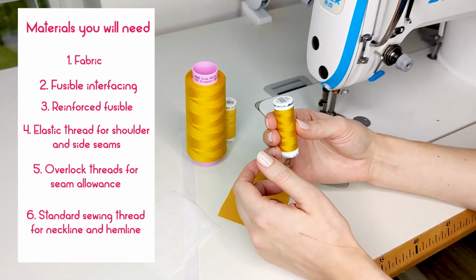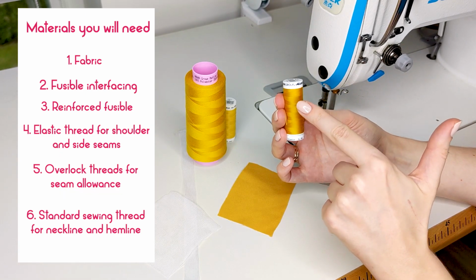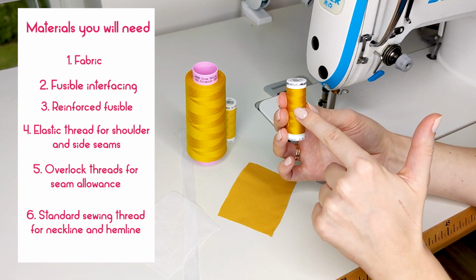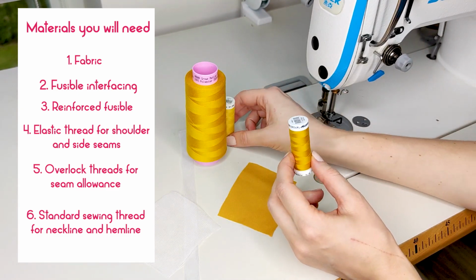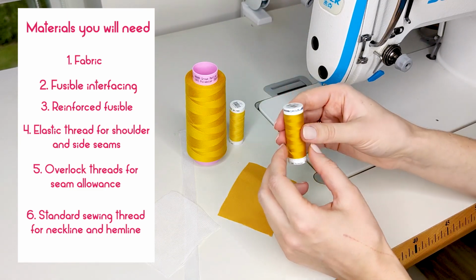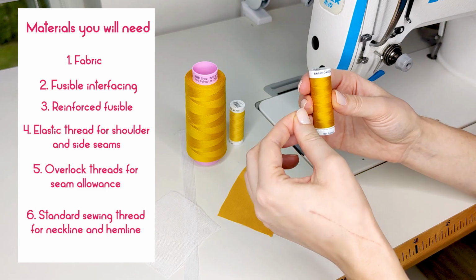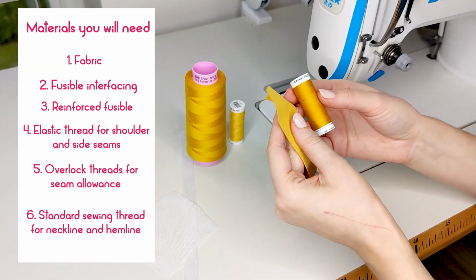and we will do stitching where we do not need extra elasticity. We will do the neckline with it as well as hemming and the bottom of the sleeve. So we really do not need as much elasticity as we will need for the side seams where we will use Ceraflex. So we don't need this thread to be that elastic, but we really want it to blend beautifully with